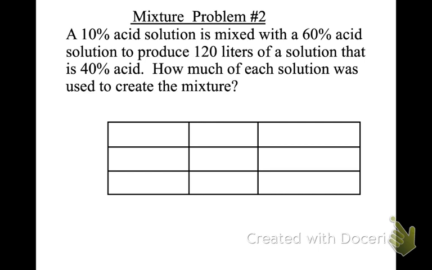Okay. I'm still calling it amount times percent. I'm still dealing equals the product. Now, when I name what I'm talking about,